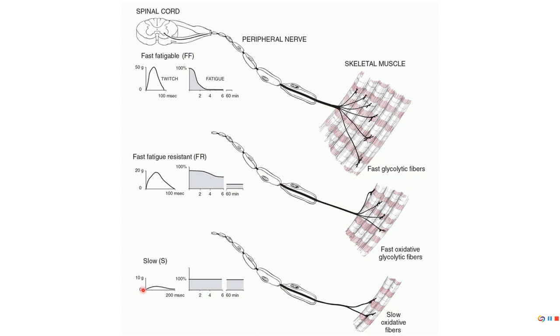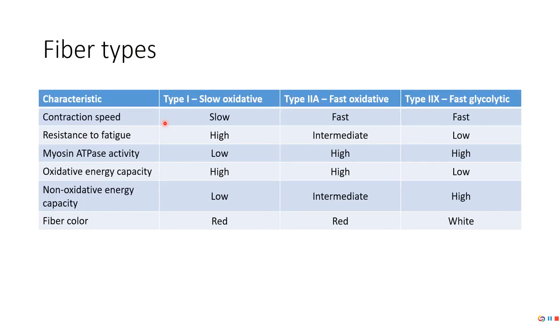Next, we've got kind of the twitch, all right? So notice very little force and a slow contraction. We have more force and a little faster of a contraction, and then we have even more force and a slightly faster contraction. So we've got contraction speed, contraction force, fatigability, motor units, number of muscle fibers per motor unit. And so we can put this together in this table here to give you an idea of what's different and